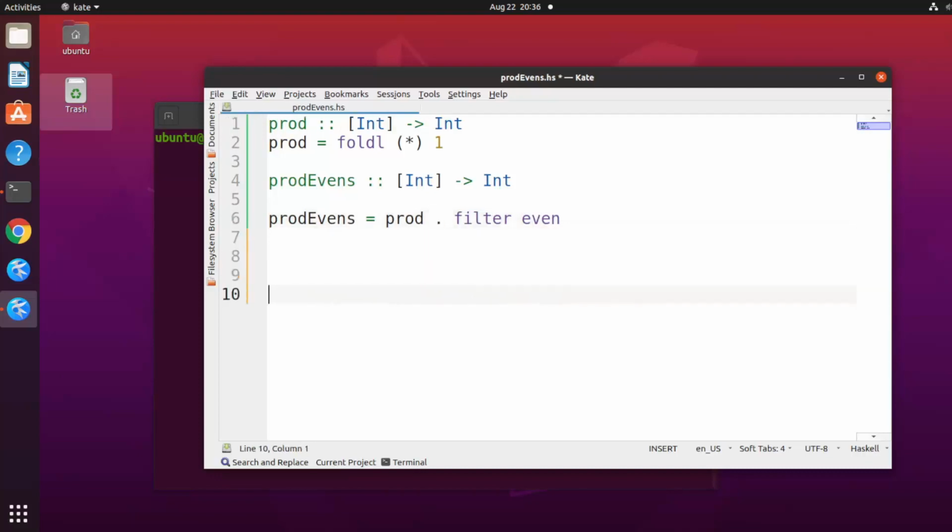Imagine if I have a function f in mathematics or in calculus and a function g, right? So what if I want to do something like this, f of g? Well, we can in Haskell do this with this notation. It is equivalent to doing this. So we first apply g to the element, and then we apply f to the result of applying g. Yes. So we first filter all the elements that are even, and then we make the product of all of